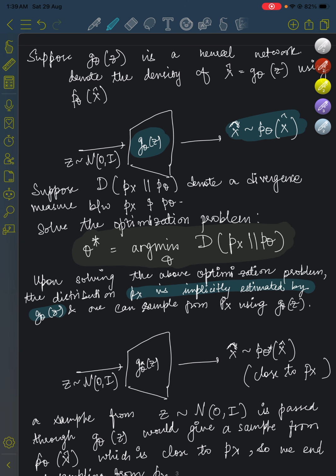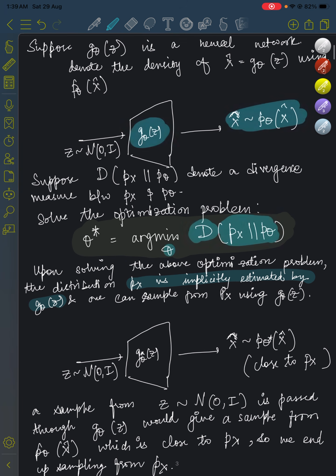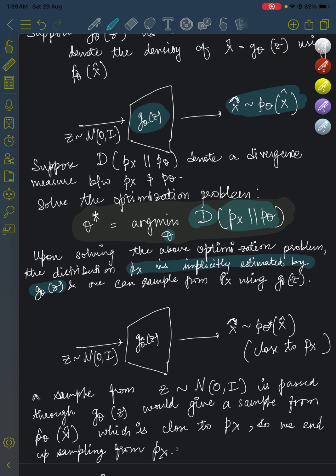So what we try is to define some divergence metric. We compute it over these two distributions, px and p theta. We minimize it over the parameters of the parametric form, that is p theta. p theta is parameterized by theta, so we minimize it over theta. And once we have solved this optimization problem, we get that px is very close to